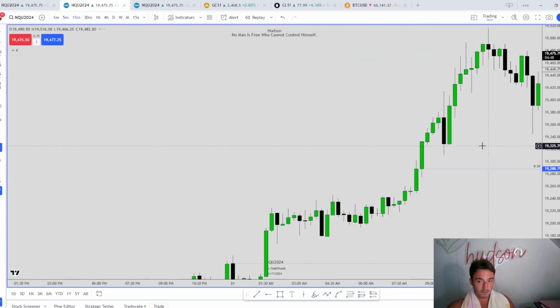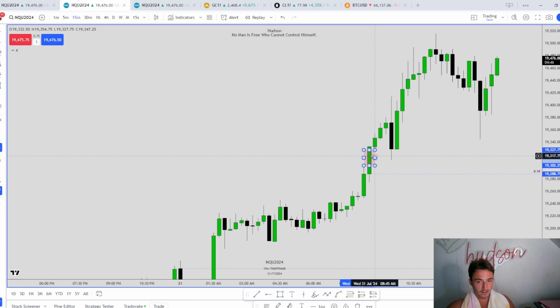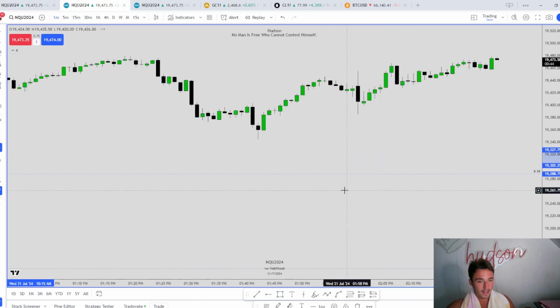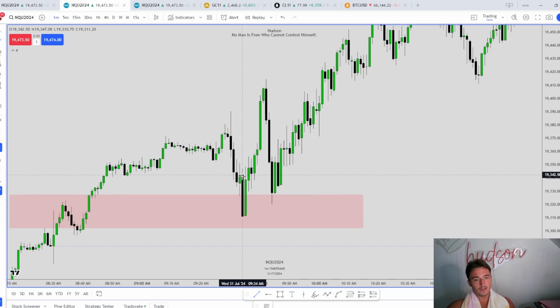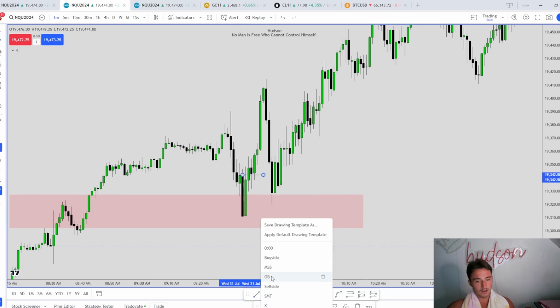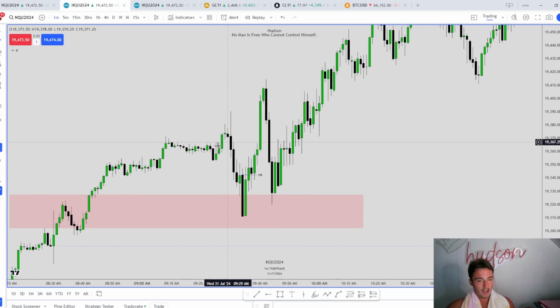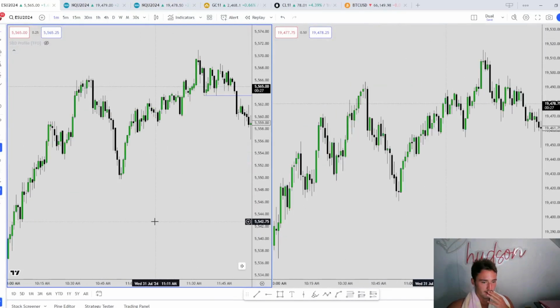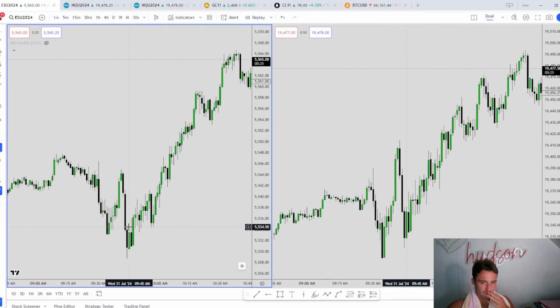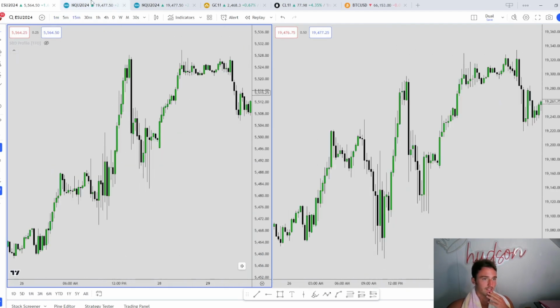And at open, we come down and we fill out this imbalance. And then if we go to the 1 minute chart, you can see that right here, this order block delivers us up to buy side after we tap into that fair value gap. And then we come back down, come back in it, and we actually formed an SMT right there with the ES. Right here we formed that SMT with the ES. Right here's the same low, and then we continued higher throughout the rest of the day.